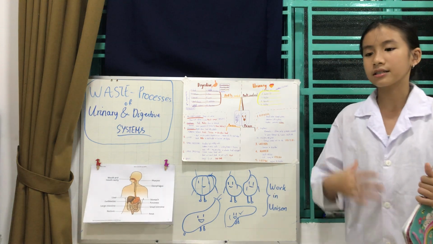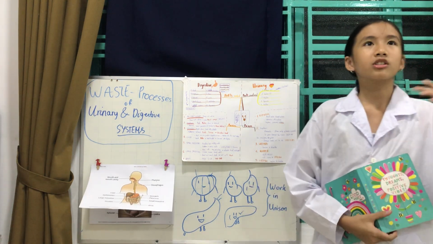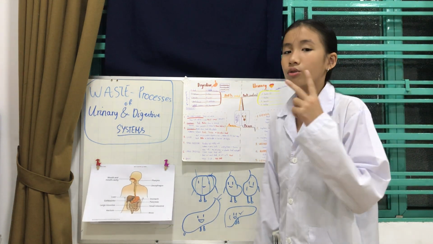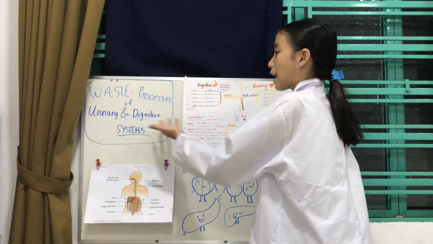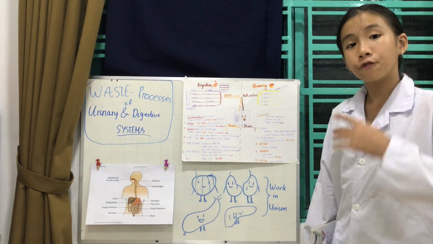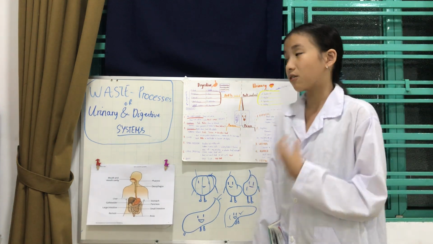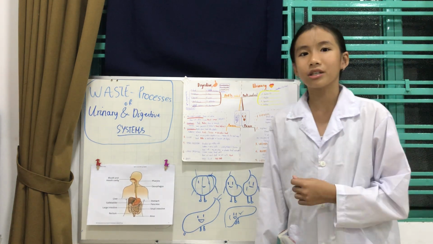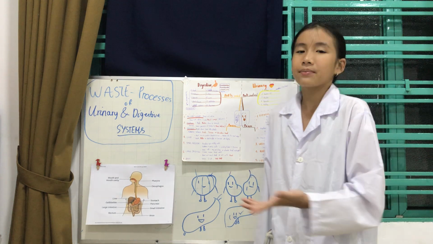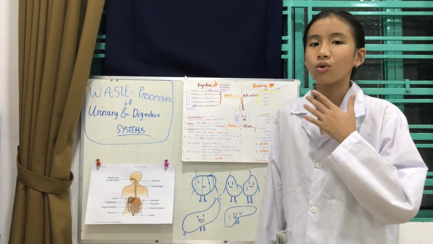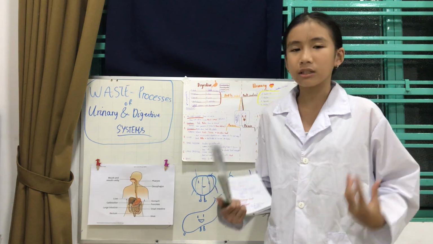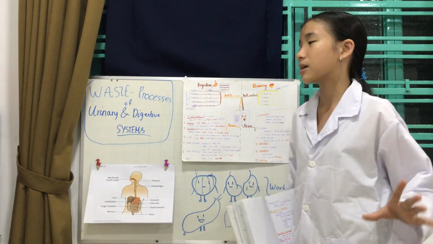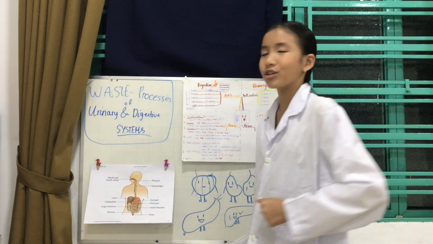Our body is a complex machine that works 24/7 and is never stopping. Two of those processes are the urinary and digestive systems. We need food and we eat food to survive. And of course, to digest that food, we need the digestive system. We also need water to live. And water is maybe more important than food because we need water to keep our body temperature, hydrate our whole body, and help it do a lot of things. Of course, we need the urinary system too.